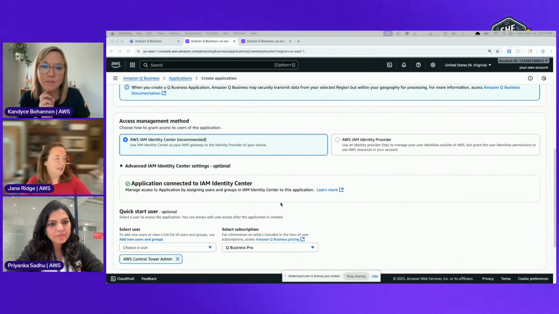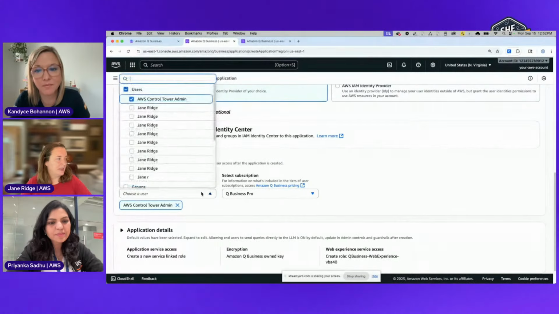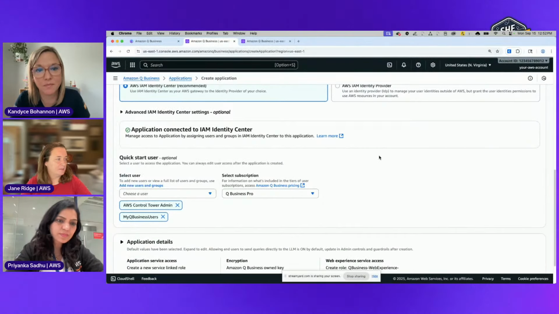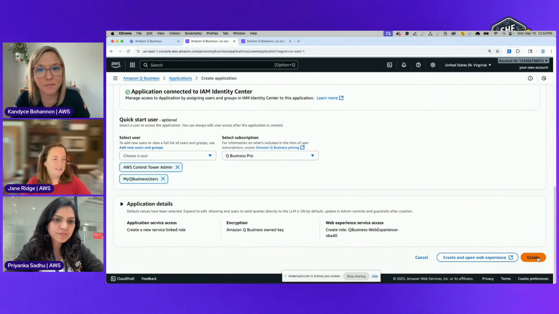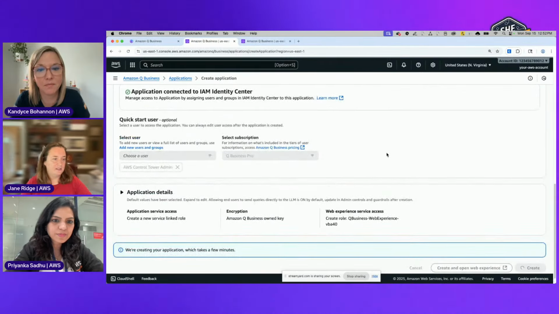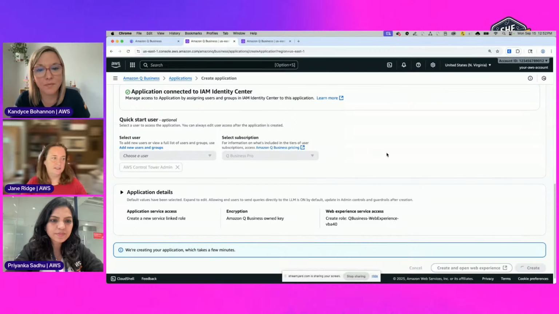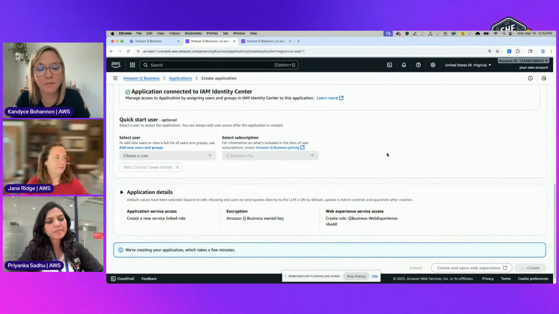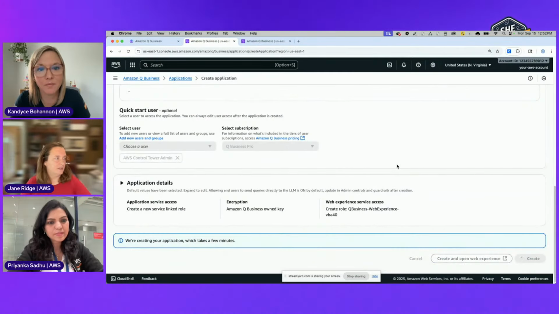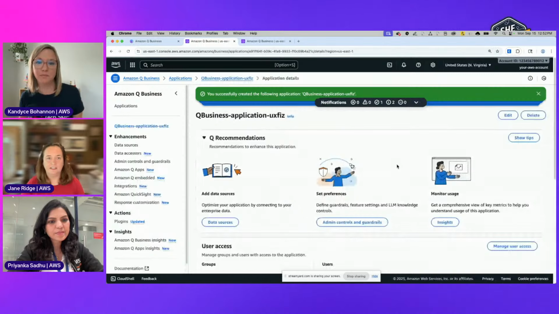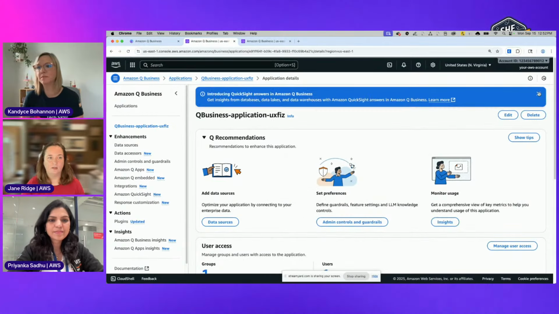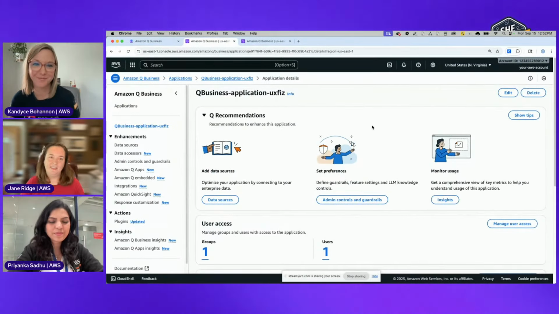So we're going to say, okay, set up some access methods. I'm going to just put this up in my environment really quick. Once I create the web experience, then you're going to add the data. This takes, I would say, a few seconds. You can see it's doing this on the back end. Okay, it's already done. So that's the hard part. You set that up, and then the second part is going to be adding in your data sources.